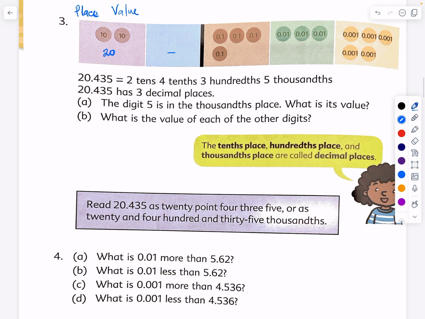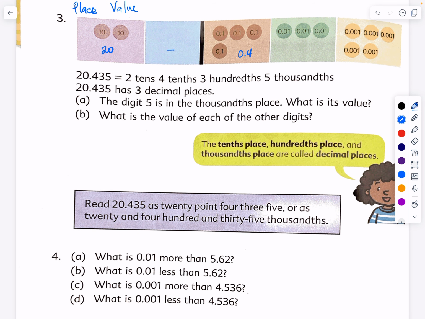How many tenths do we have? We have 4 tenths. How many hundredths? We have 3 hundredths. And how many thousandths? We have 5 thousandths. So let's take a look. We read this number as 20.435, and it has